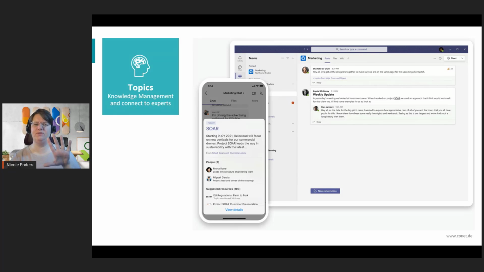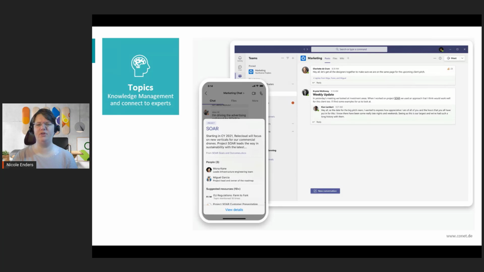And now with topics in Microsoft Viva, we get the chance to have this in our daily business with Microsoft Teams and Co. So how is it working? In the background, you see Microsoft Teams opened as a desktop application, and you see this post with the title Weekly Update.